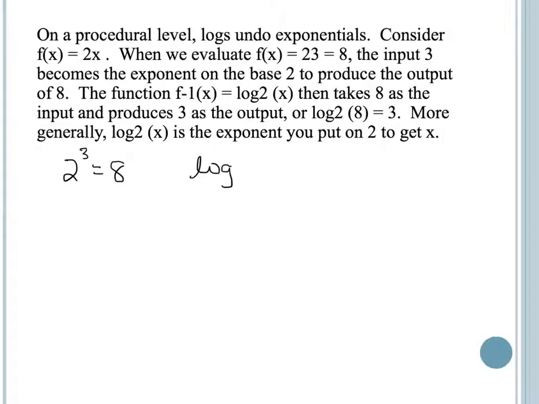The base of our exponent was 2, so that's the base of our logarithm. Logarithm in base 2 of 8 equals 3. So we need to be able to move backwards and forwards between these two, exponents and logarithms, as we work through